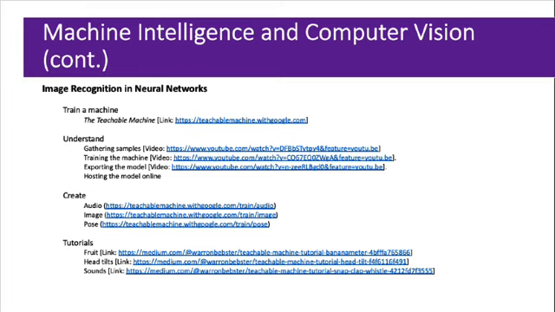Training a machine. It's your turn now to train a machine to test the capabilities and limitations of the technology. You can experiment with different classifications or image data and take note of how the machine responds. This will deepen your understanding about how machine learning and computer vision work. In order to do this, you will need to develop a project with the teachable machine, and a link to that is provided on screen.